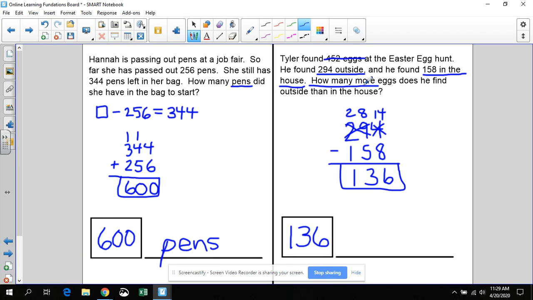And if I want to, for this one, I can have my label include the word more. 136 more eggs. But if you just want to do eggs,